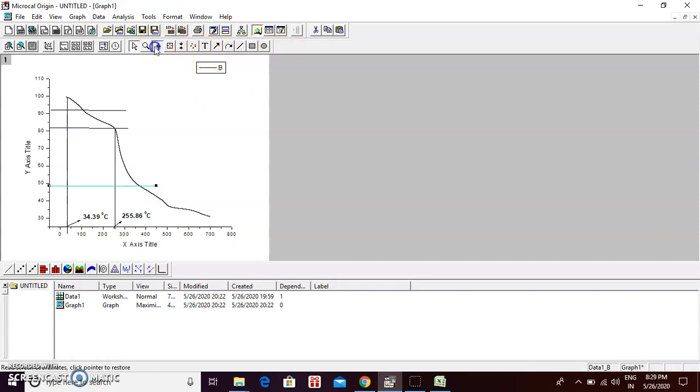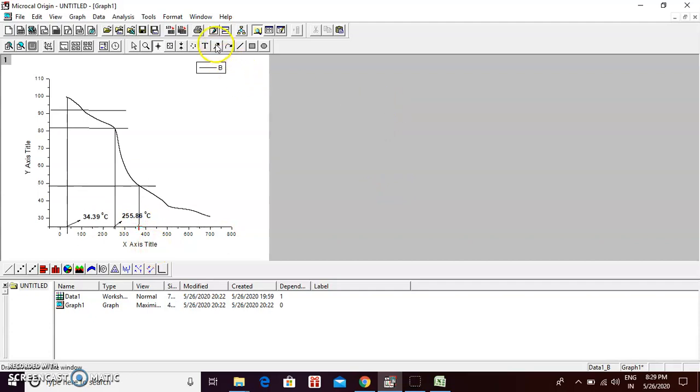Here again, with the help of the screen reader, first you have to note down the temperature at this point where the third step of degradation goes on. Once you get that, with the help of the screen reader you have to see the degradation point. So it is 368.01.